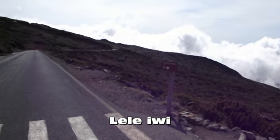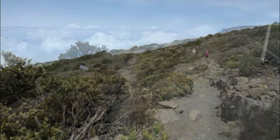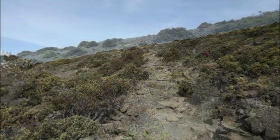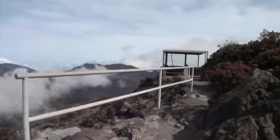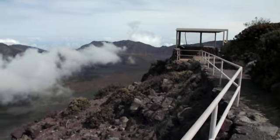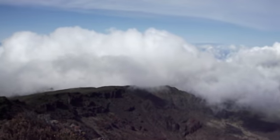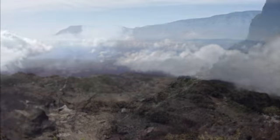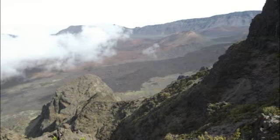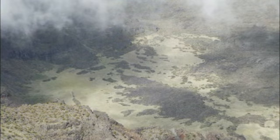This place further up, Leleiwi, is almost at 9,000 feet. It's another great spot to take a good short hike where you can see the crater from the side rim. Once up to the railing, you can see into the large Haleakala crater, see the clouds, see the large erosion valleys on the other side, see a good panorama of the sky around from above the clouds and the blue sky above, and into the Haleakala crater with cinder heads from previous eruptions are visible, and they look so small from this distance, yet truly they are huge. Here's the crater floor,